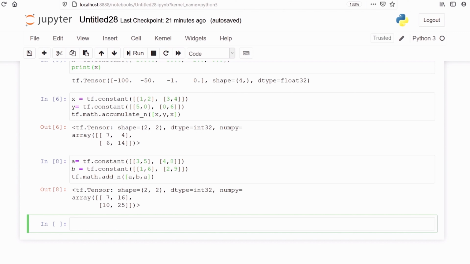We will see divide method. This method works same as we work in Python. This is going to be our first tensor. Now we will divide this tensor with another one.